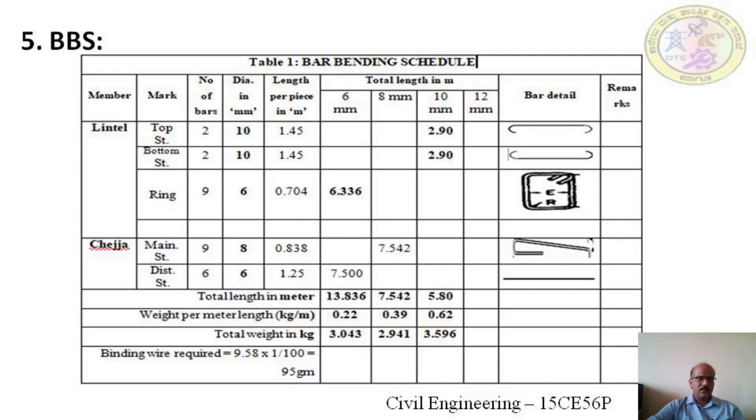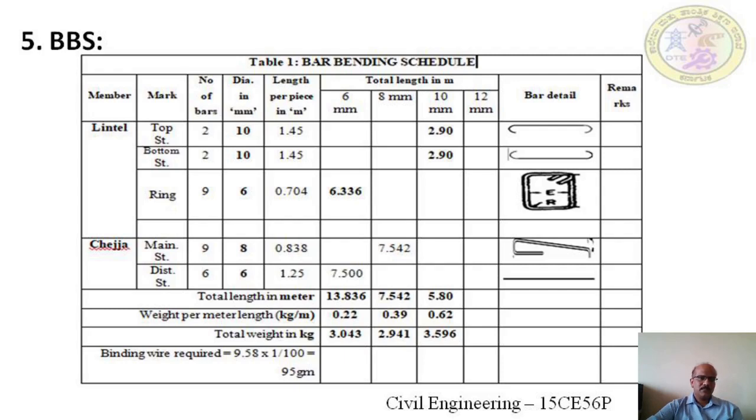There is a lintel bar. The first bar comes out as a top straight bar. The mark I have taken is a top straight bar. Number of members can also be taken. If the number of lintels is 10 or something like that, number of members can also be given, so that we can calculate the total number of bars required. Now here the number of member is only one. We are calculating the steel required for one chajja, so the number of members will be equal to 1. So the member is a lintel, and mark is a top straight bar.